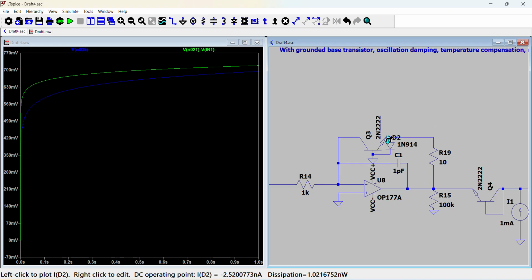If this log amp is connected to a second stage, which is very common in other parts of the circuit, and this op amp doesn't turn on when the other parts of the circuit turn on, you can end up with a high voltage here, and there's no place for it to flow because the op amp might not be turned on, so it has to go through this way, and that can actually break the transistor. So let's say if the voltage drop across here exceeds, let's say, 10 volts,